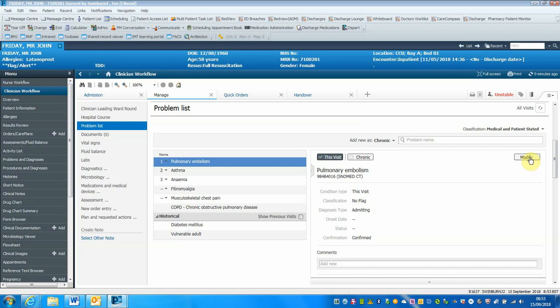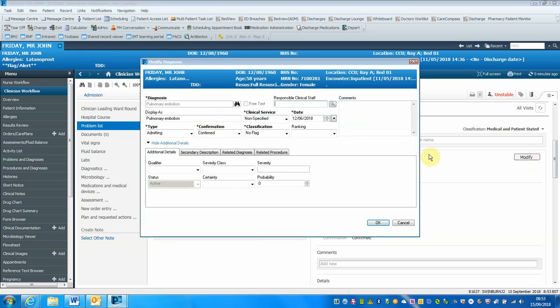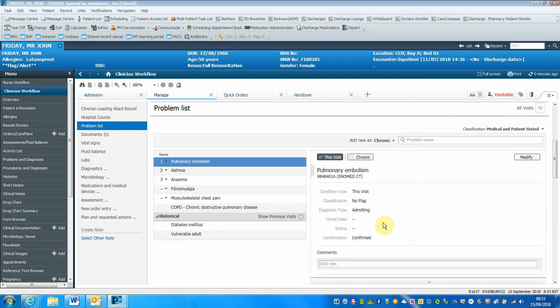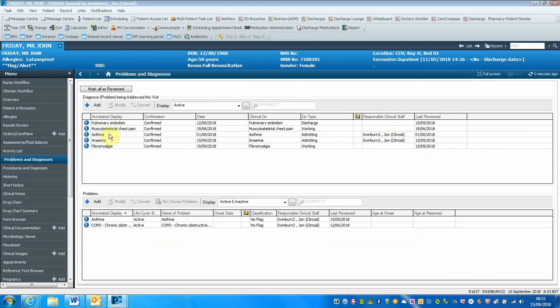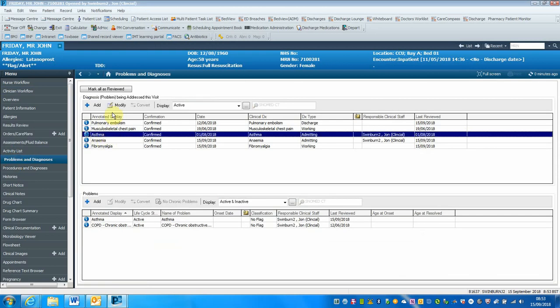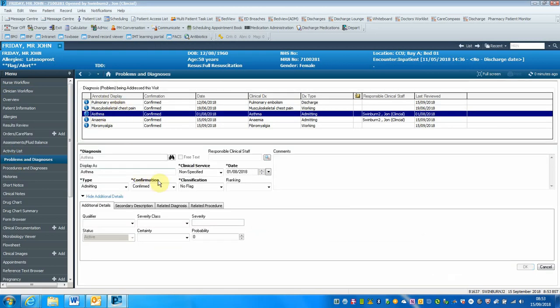So I can either change that here, I can modify that within the workflow page and change this from an admitting diagnosis to a discharge diagnosis. I can do it from the Problems and Diagnosis tab, again a little bit slower. I could change this admitting diagnosis to a discharge diagnosis and save,